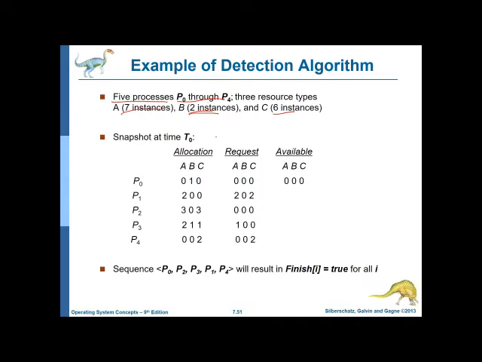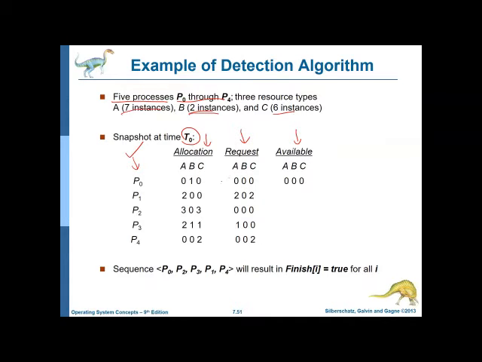And so on. Now, at timestamp T0, suppose you're looking at the state of the system with the processes and the resource numbers. At T0, this is the example we are looking at. The first thing we have to determine is whether this is already in a safe state. Because we learned Banker's algorithm, we know how to find a safe state. So we draw the table in this manner: first we write the process number, then the allocation table, then the request table, and then the available table.